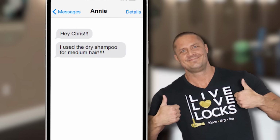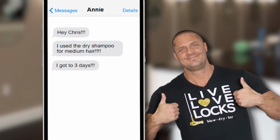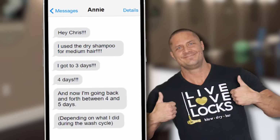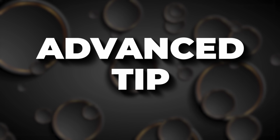So Annie used the dry shampoo I gave her for medium hair. She got to 3 days, then she got to 4 days, and now she's going between 4 and 5 days depending on what she did during that wash cycle. So happy ending to that story, but there's one more bonus thing that I told her that's kind of an advanced tip that I'm hiding here at the end of the video for you, and it's that heat styling keeps hair